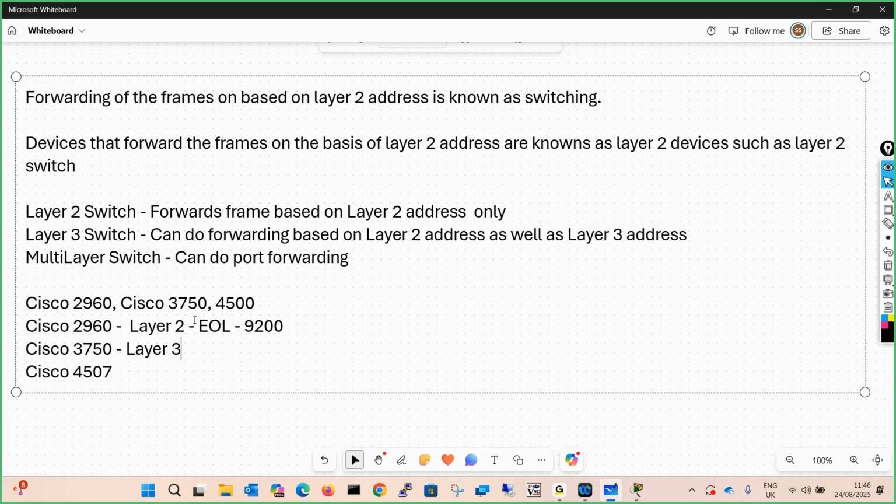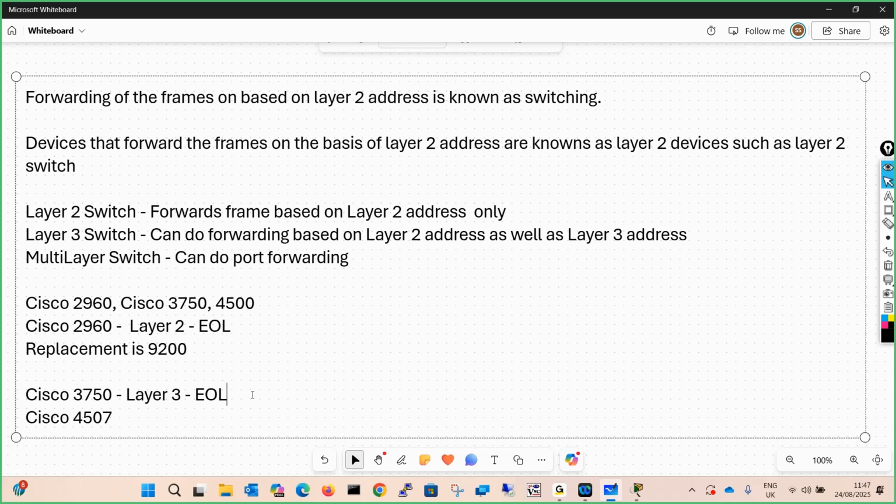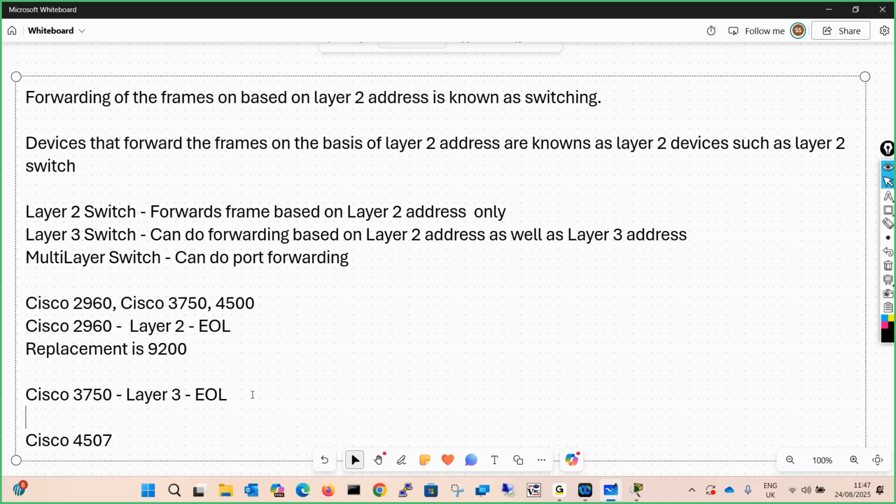Even the layer 3 switch 3750 is end of life, and to avoid confusion, we can say the replacement is 9300.